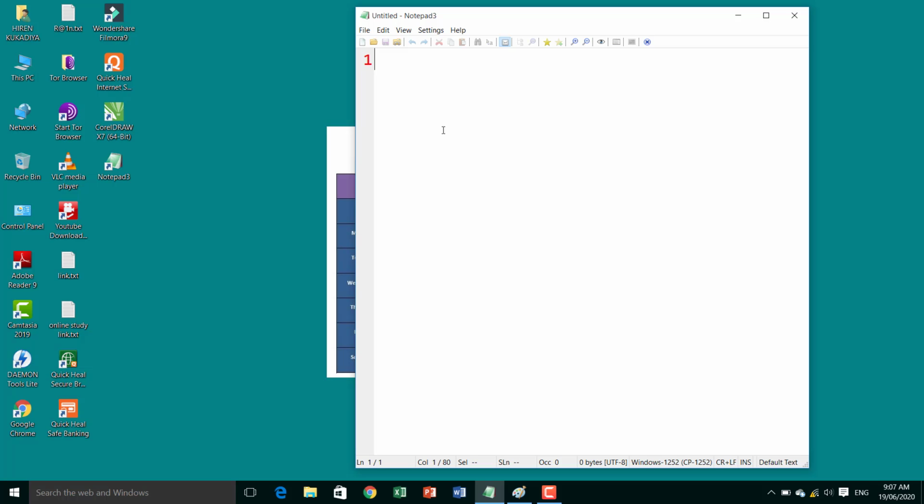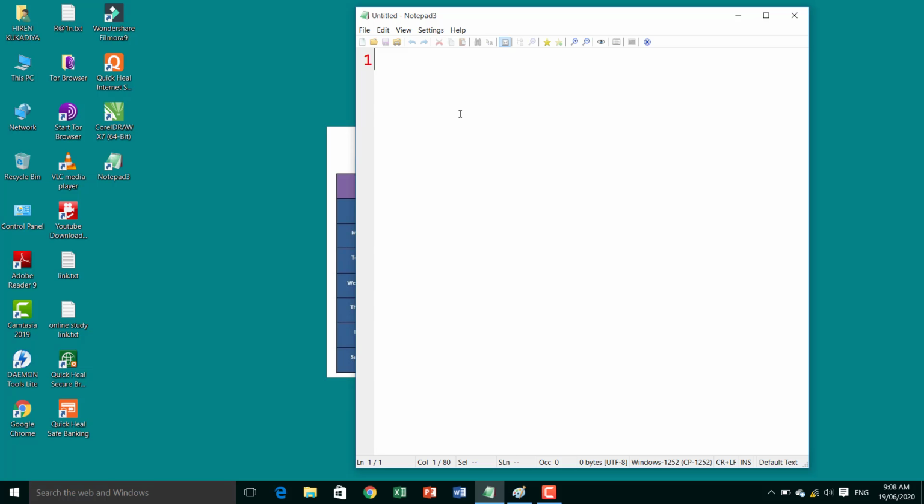What is the work of the Marquee tag? Suppose you want to move the text in your web pages from left to right or right to left, at that time you can use the Marquee tag. Which tag? Marquee tag, for moving the text from one side to another side. That is called the Marquee tag.